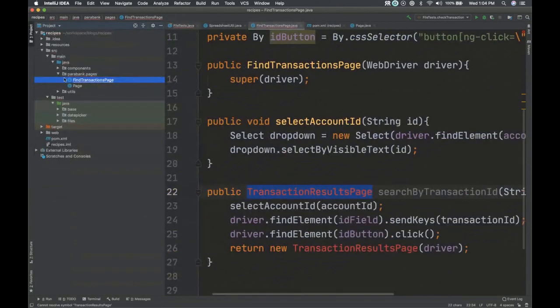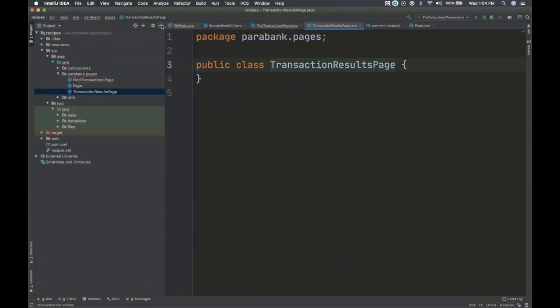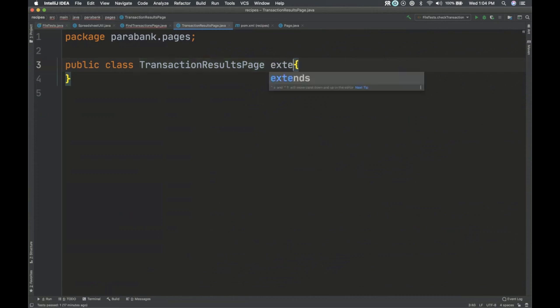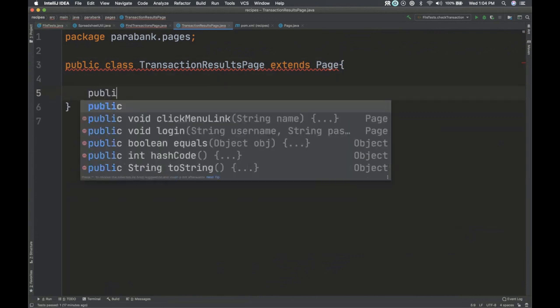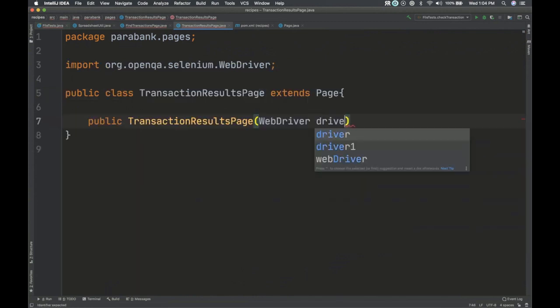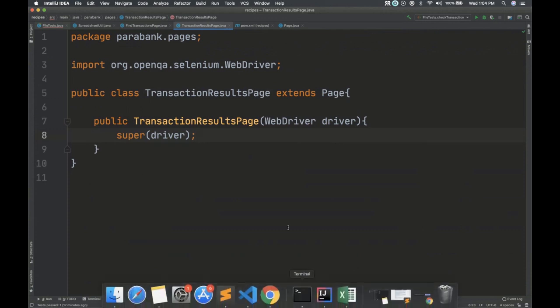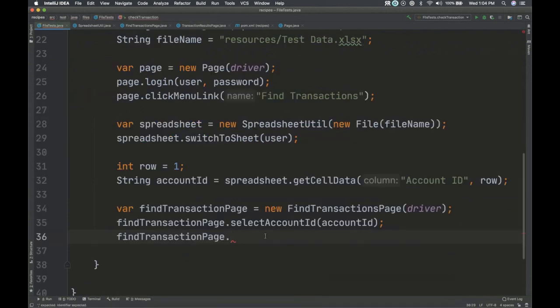So let's quickly make this. All right. So now I don't even have to call this thing anymore because that'll do it for me. So I'll just see.